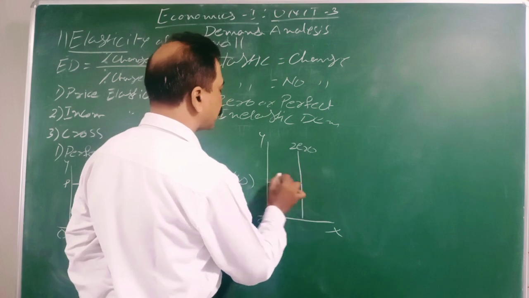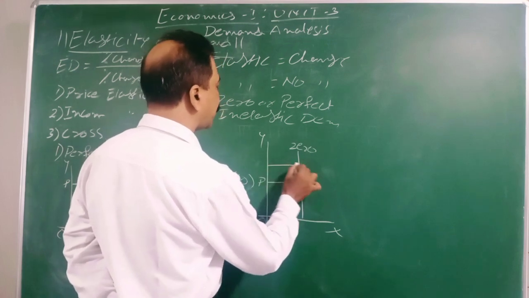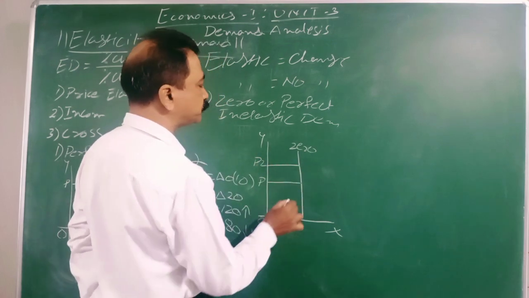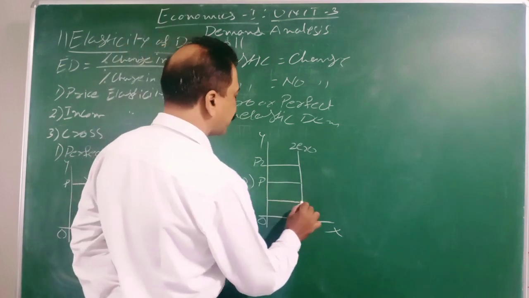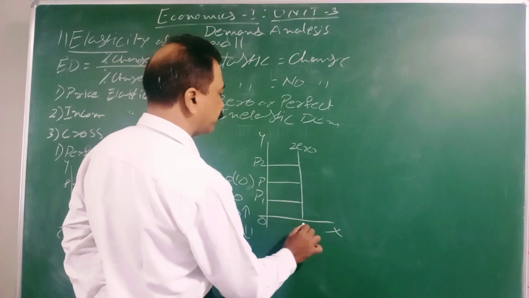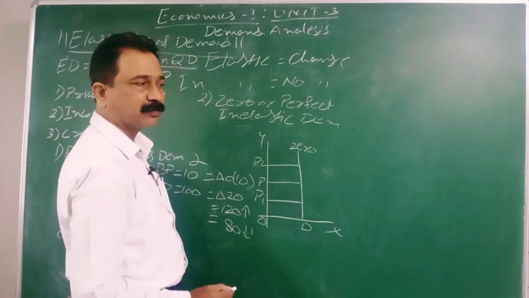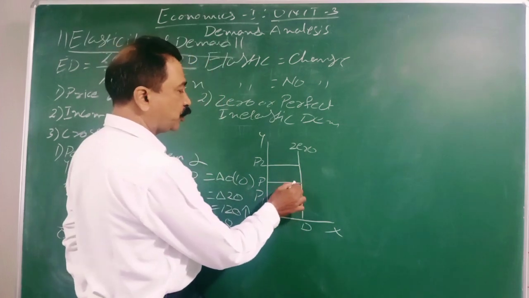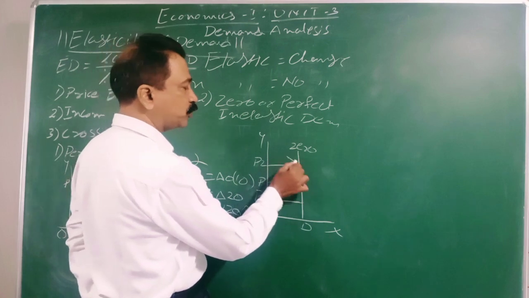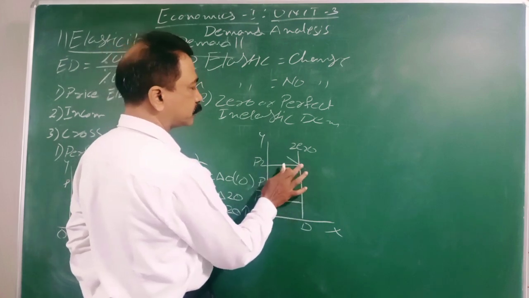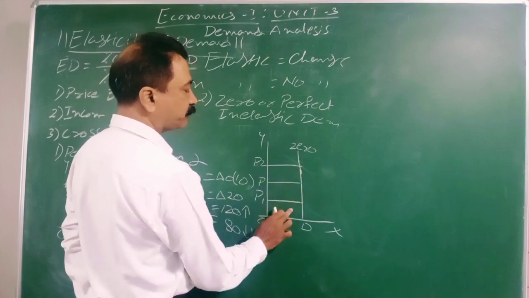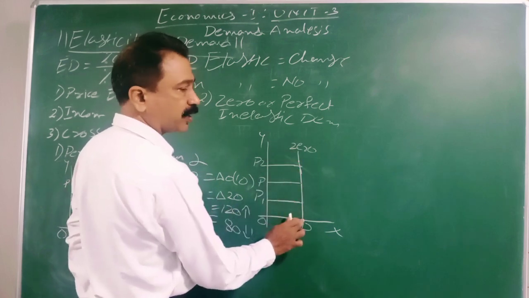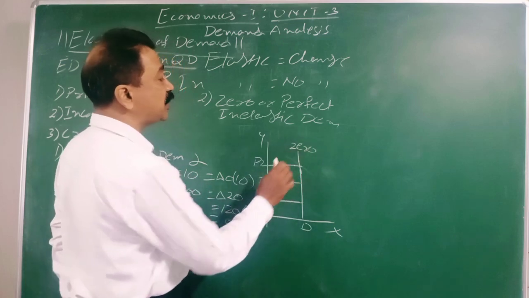Price may increase to P2, demand is the same. Price may decrease to P1, demand is the same. It increases from P to P2, demand is going to be the same. If it goes from P to P1, the demand is going to be the same. This is called zero elastic